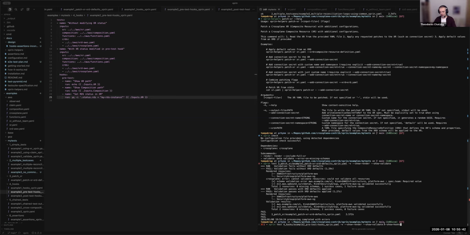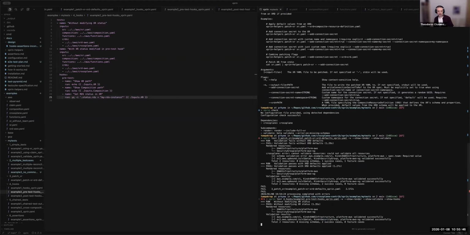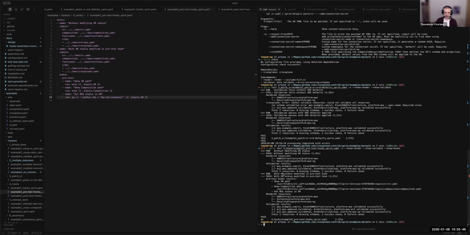We need the extra flag show hooks to see the output of the hooks. So in this one, we see the outputs that we are expecting, and also we see that it creates also the EC2 instance because we have patched the original XR to include the status RDS, like the composition is expecting.